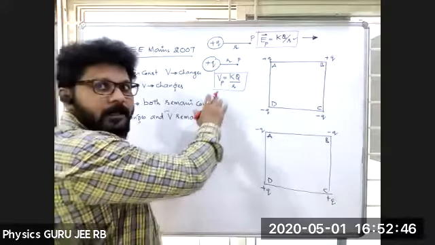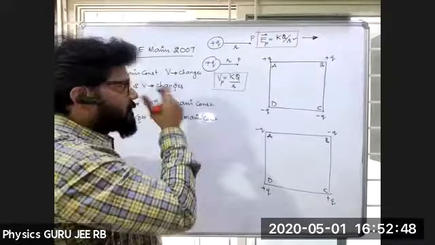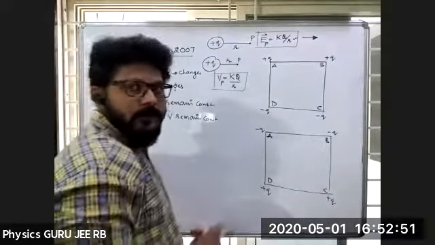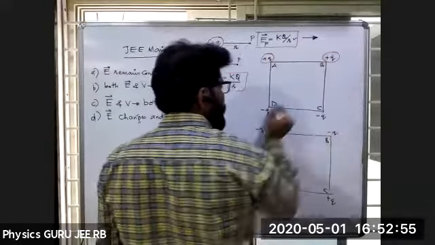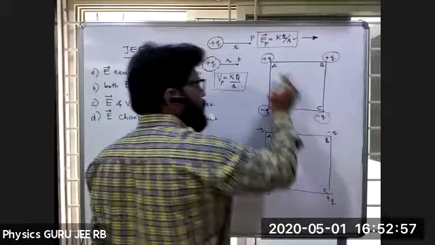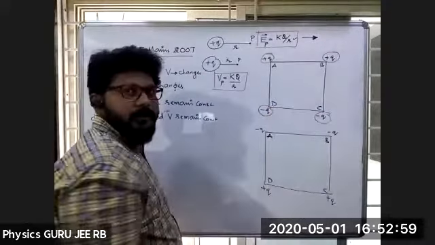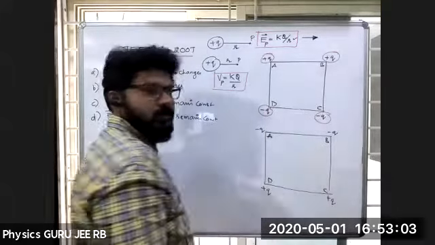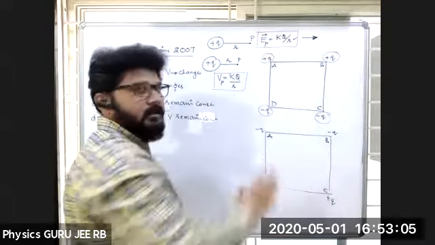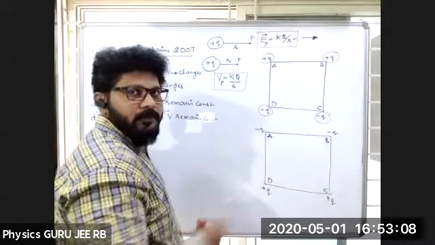This is a scalar quantity, we don't have any direction. That is a vector quantity. What is the question given? Let us see here. See, 4 charges are there: 1, 2, 3, 4. Plus Q, minus Q, minus Q. So A and B are minus Q and minus Q, placed at the 4 corners of a square.